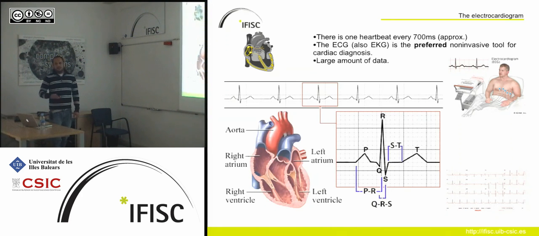This is by far not an exhaustive description of a normal heartbeat. These are just very high-level landmarks of a heartbeat. There are many, many points that a cardiologist is going to see there, and he's going to say, just because of the position of a particular point, I already detect a particular disease.